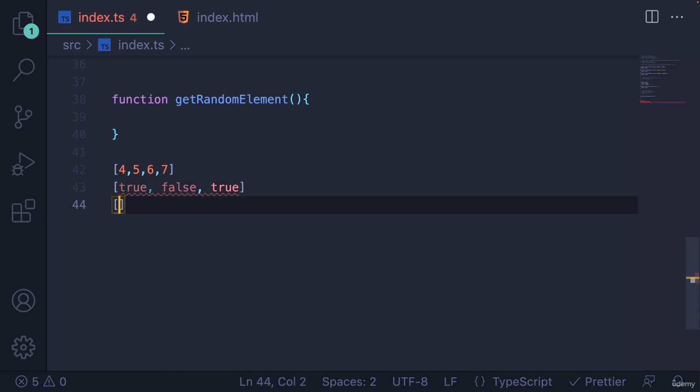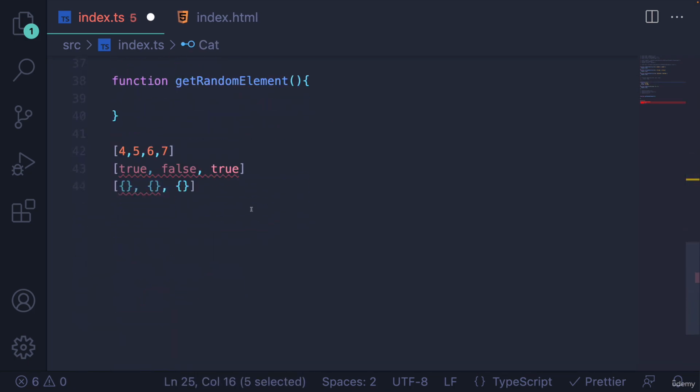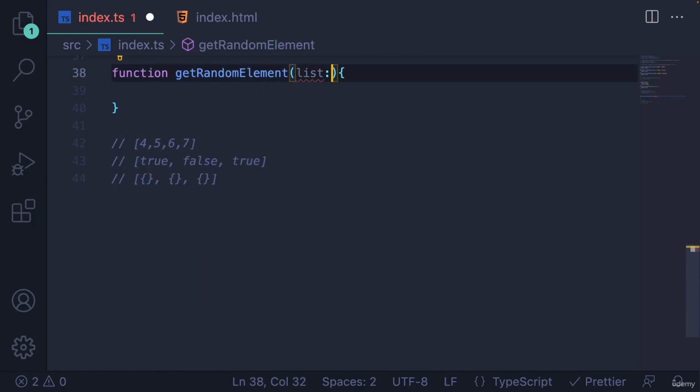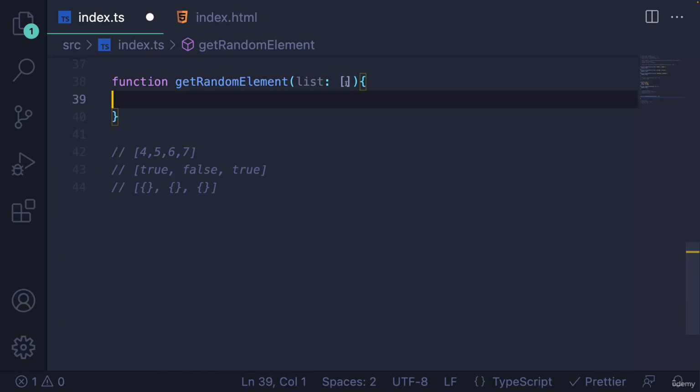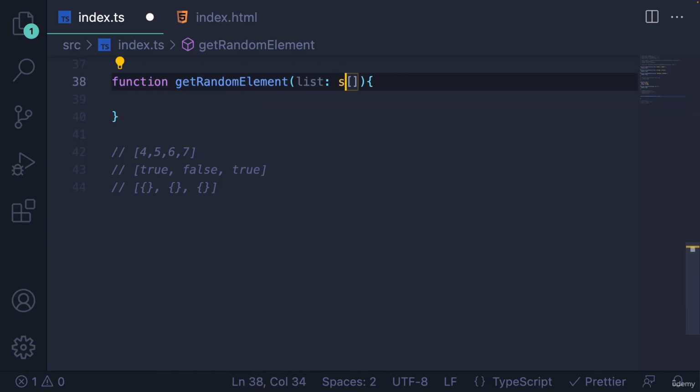And if I have an array of different cat objects, imagine these are actually objects that follow the rules of the Cat interface, then it will return to me a random element of type Cat. So how would we write this function? Well, we know that it's going to accept a single parameter called list or array, arr, or something like that. But of what type? We don't say it's of type empty array because that's a literal type. Do we say it's of type string? No, because I want it to work for anything.